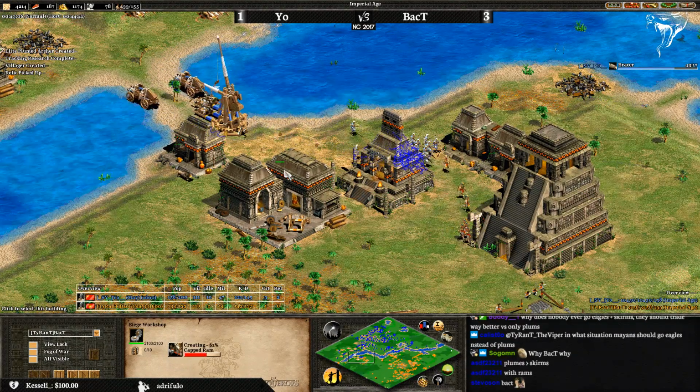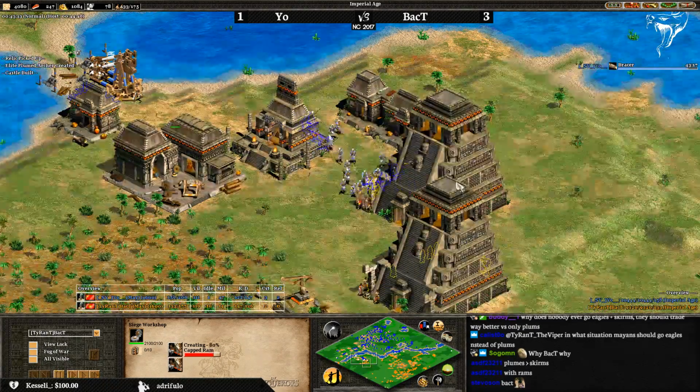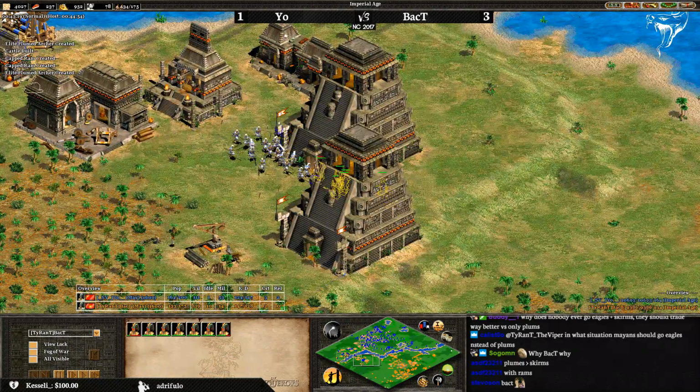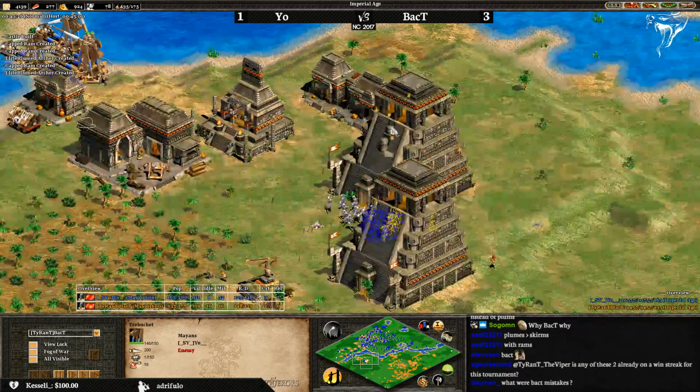In what situations should mine go eagles instead of plumes? Oh, that's impossible to answer. Usually if there are closed maps and choke points, plumes will always do better. But on more open